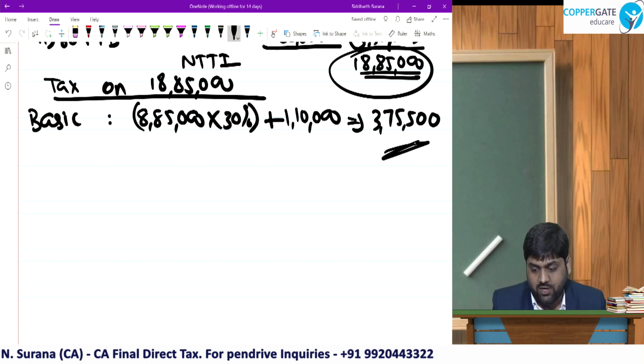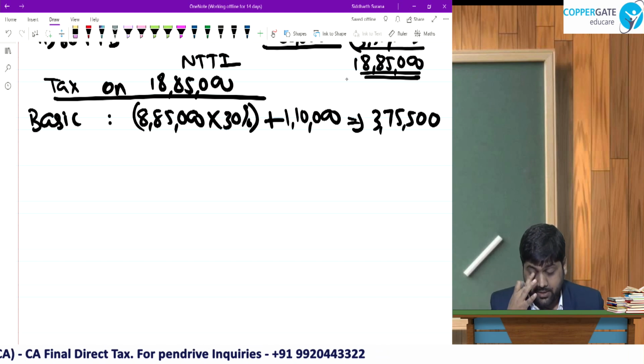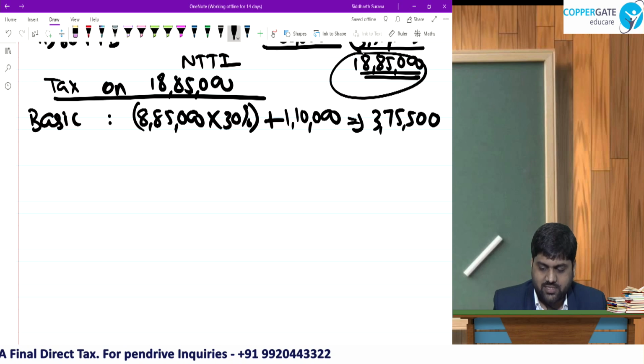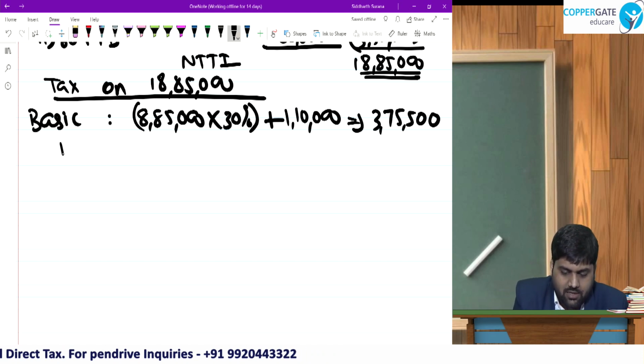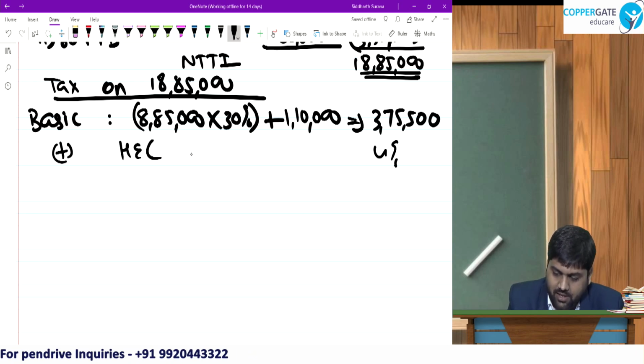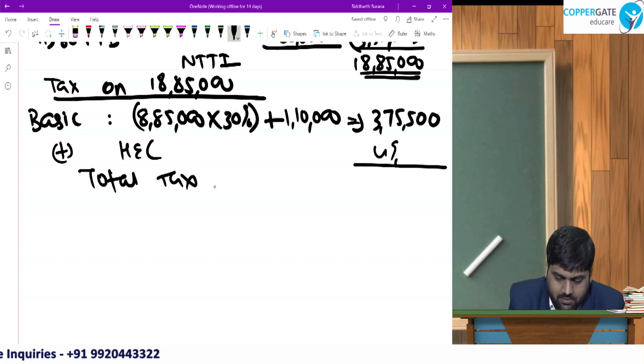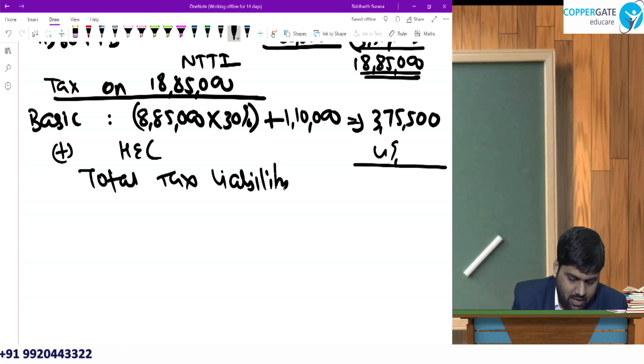Now, like an idiot, don't give rebate because this is less than 5 lakh. No, please. You have to see the amount of income. No surcharge because this is less than 50 lakh. That means, can I say once again, we will only add 4% HEC and we will get our total tax liability. Total tax liability after adding HEC is going to be